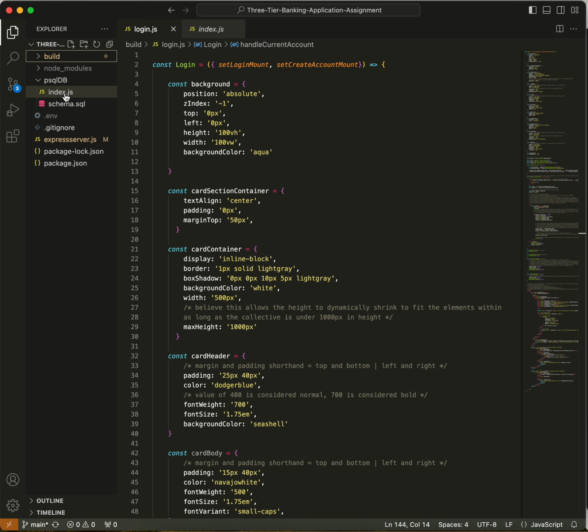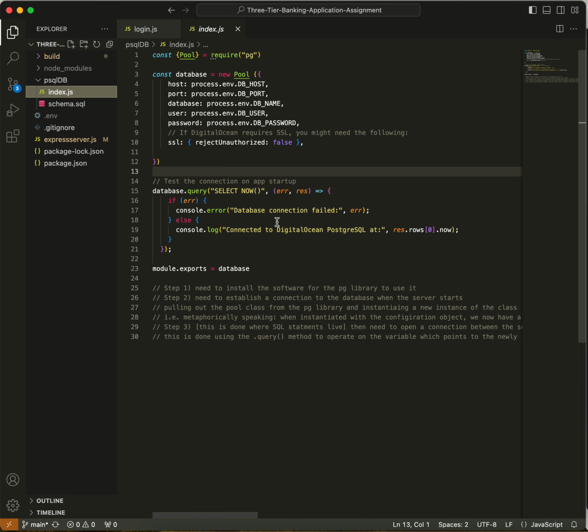our directory. So this was a feature that I built also, where instead of establishing a new connection to the database, or having to establish a new connection to the database every single time a query is sent, i.e. a request is sent from the backend to the remote PSQL instance, we leveraged this Pool class from the pg library, which